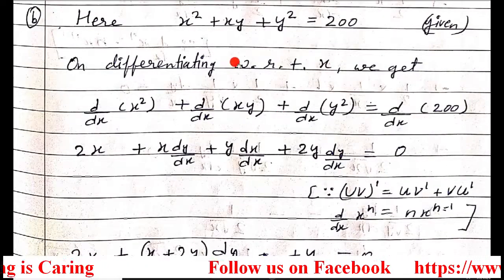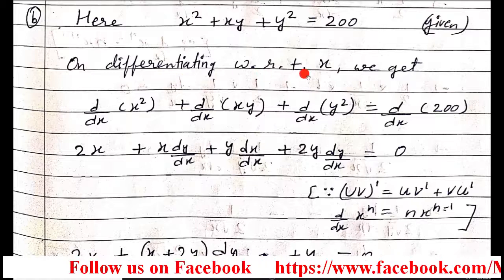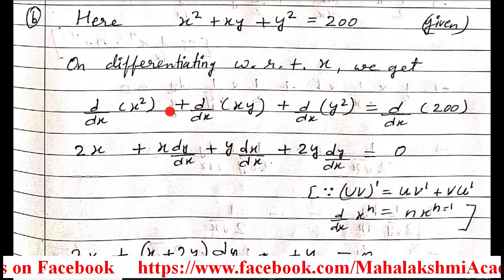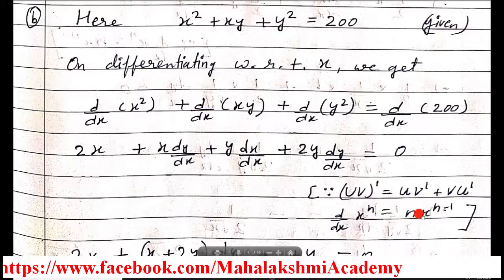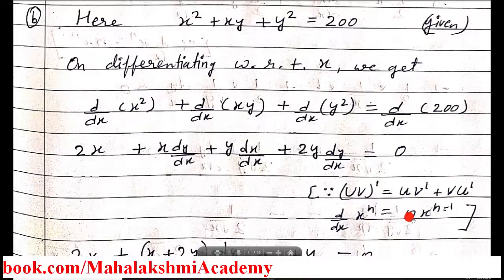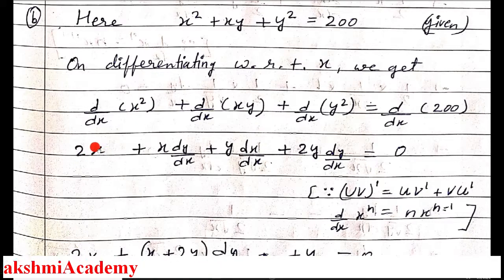So the B part is whatever question is given to us. Now we will differentiate it with respect to x. So the derivative symbol will come with all four terms. Now here we will use the formula for x to the power n, that is n x to the power n minus 1. So when we differentiate here, what came here? n multiplied by, so n is 2. So 2 multiplied by x, then n minus 1. So 2 minus 1 is 1. That's why I did not write any power here.